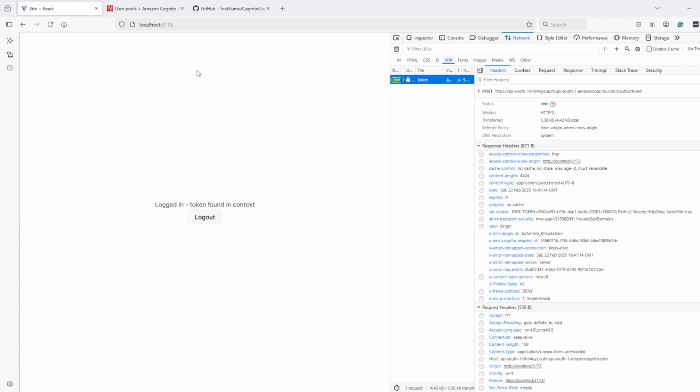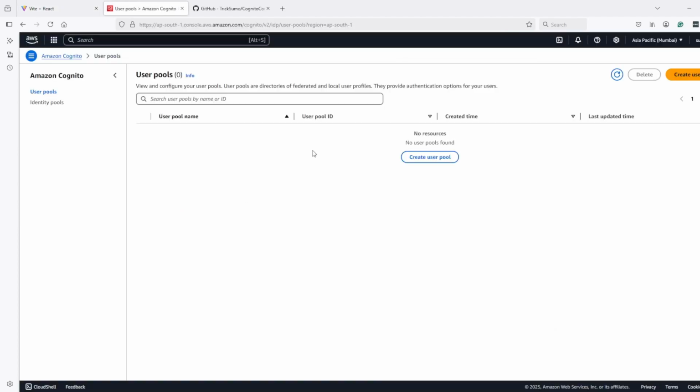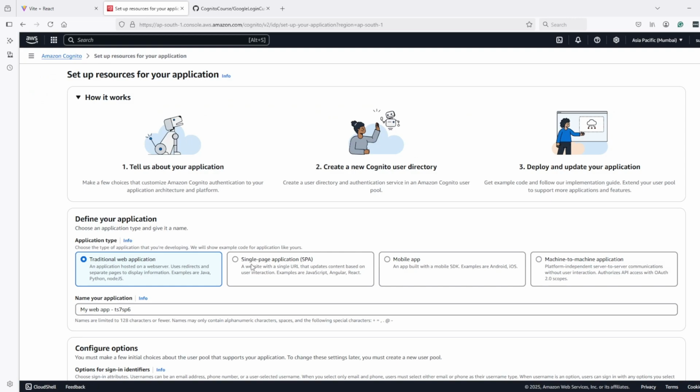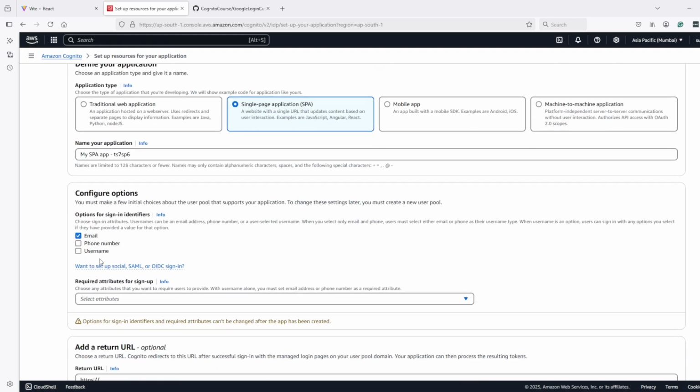So let's get started. First, let's set up the resources. Then we will set up the React application. So first of all, let's create a user pool. I will create a public client and